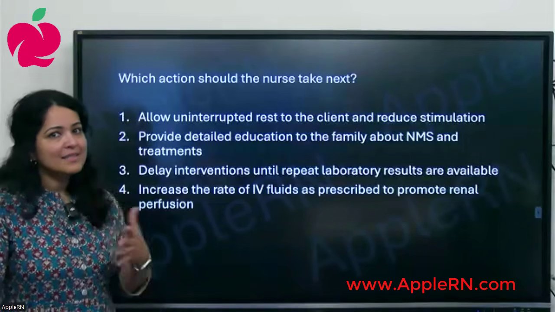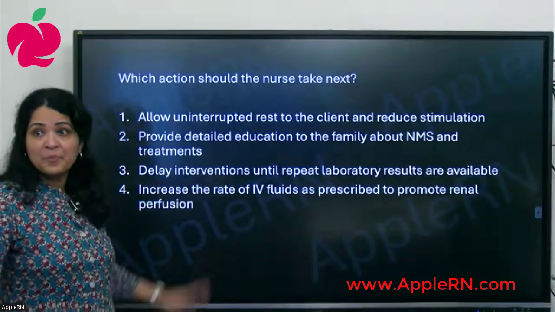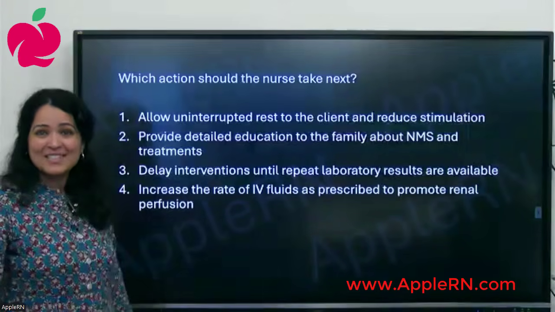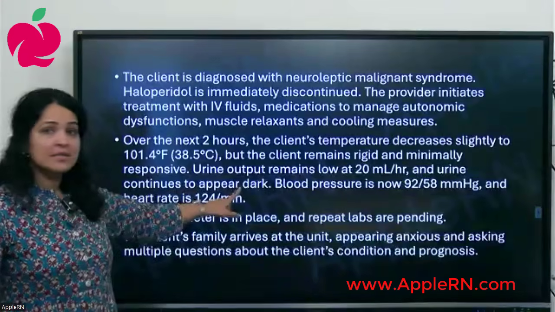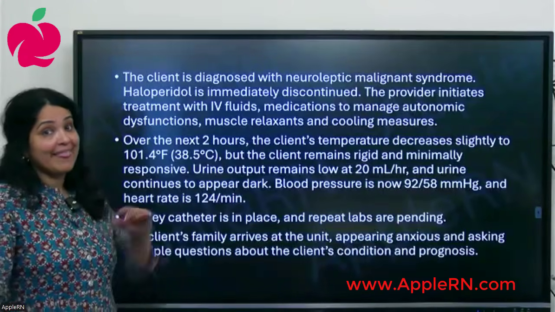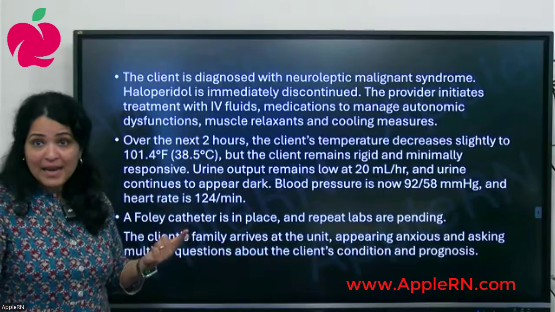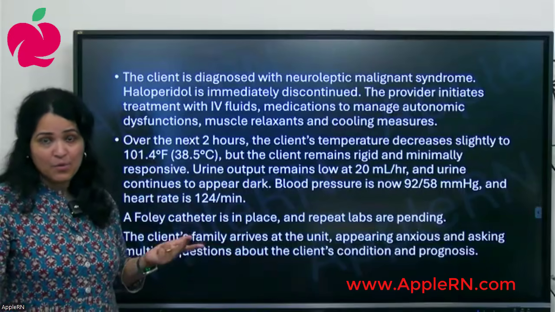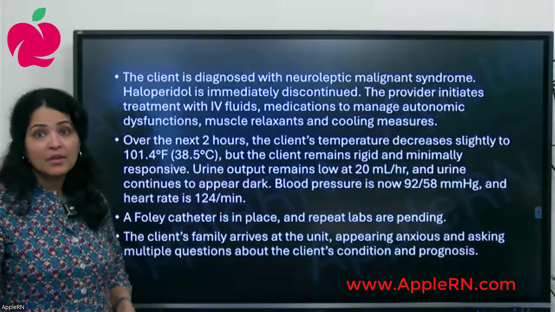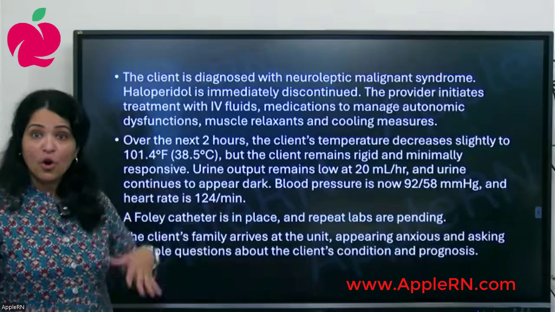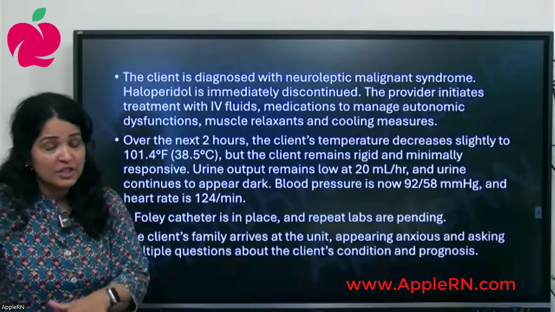It says, what is the important thing I should be worried about right now? I don't want to delay interventions either. So the fourth one is going to be the best option. Now, why am I so concerned about that? Because the patient is not that better yet, right? Still has fever, still remaining rigid, minimally responsive, oliguria. I mean, urine output is like 20. Urine is still dark. And on top of that, the patient is hypotensive, going into hypotension, not that bad yet, but